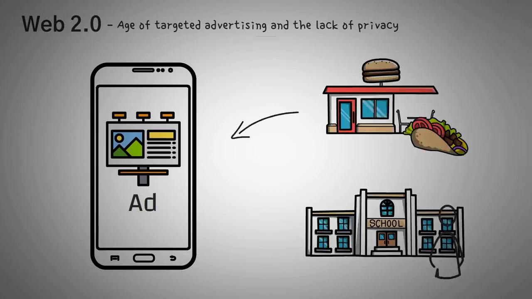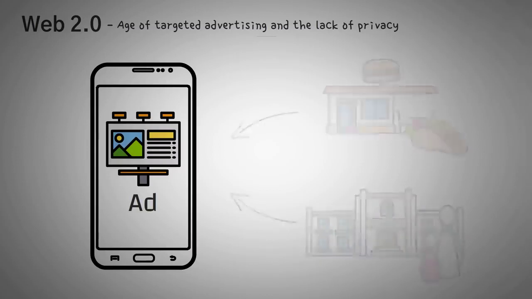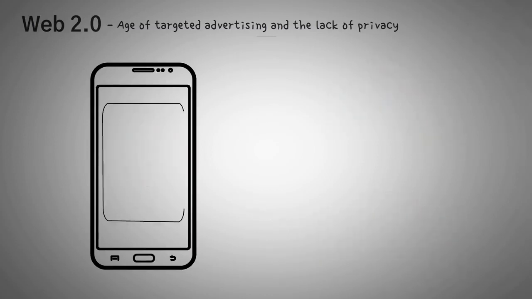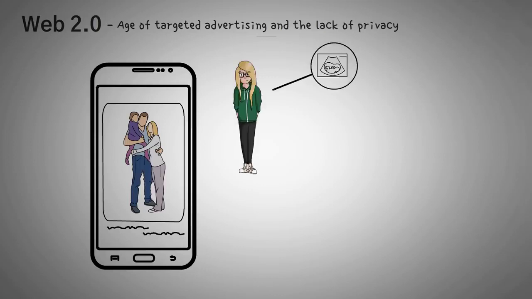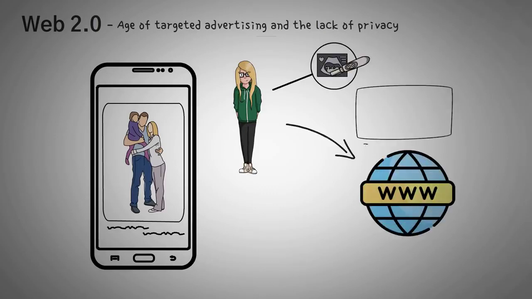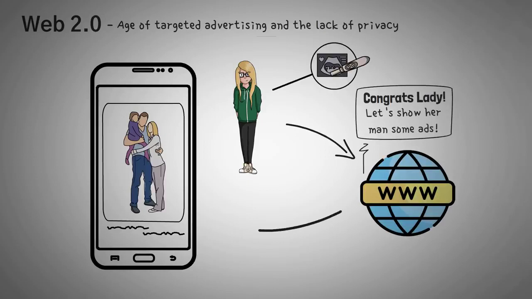When you went to go eat tacos last night, they knew that. When you drop your kids off at school every day at 8 a.m. except for Fridays, they knew that. And there was even that one article that said machine learning started showing a guy some parenting ads because they knew he was going to be a father before he did. If it wasn't machine learning, it was probably because his girlfriend used their public IP address to do a search on her symptoms. And the machine learning algorithm probably already knew when she was ovulating anyways. Whatever the case is, how they predicted this, one centralized company controlling all of this data, whether we want to or not, is scary.